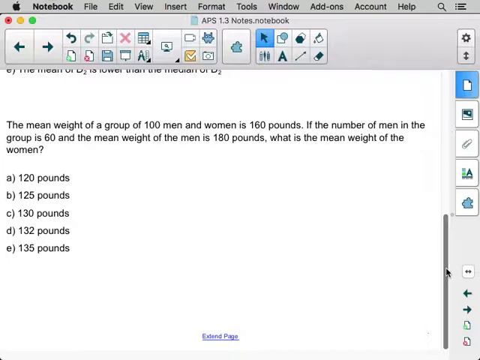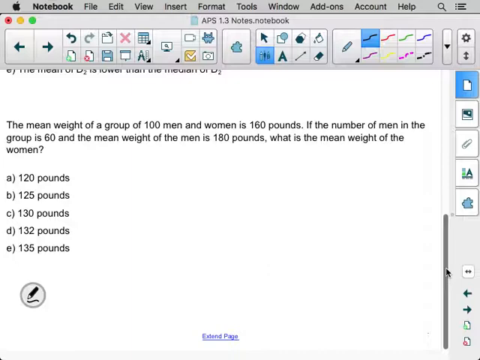The mean weight of a group of 100 men and women is 160 pounds. If the number of men in the group is 60 and the mean weight of the men is 180, what is the mean weight of the women? All right, so we want the mean weight of the women here. So overall, there's 100 men and women, and overall, the mean is 160 pounds. However, the 60 men weigh 180. Okay, so